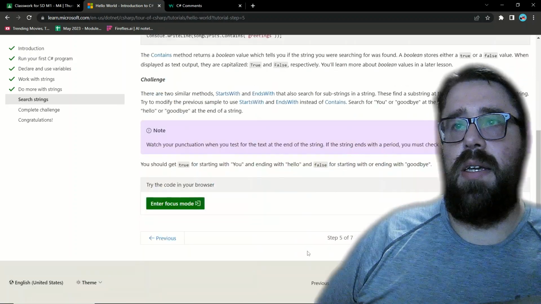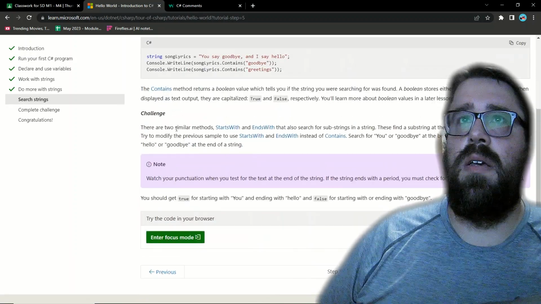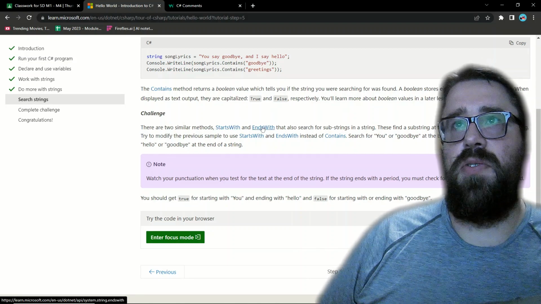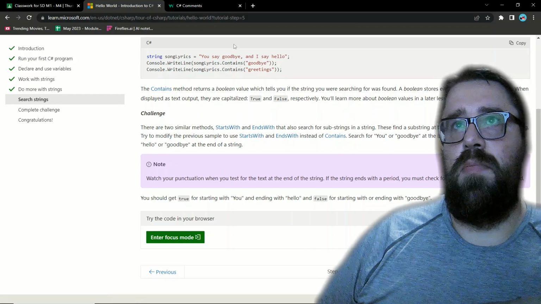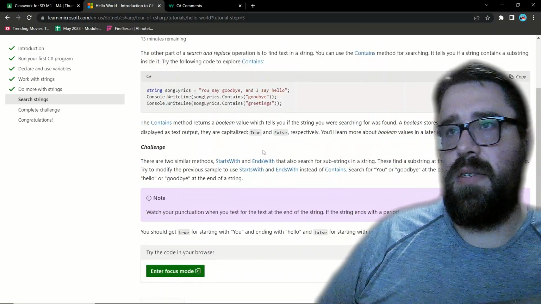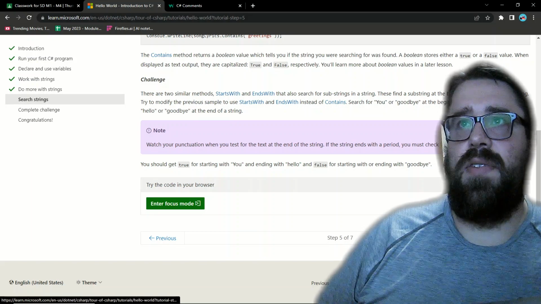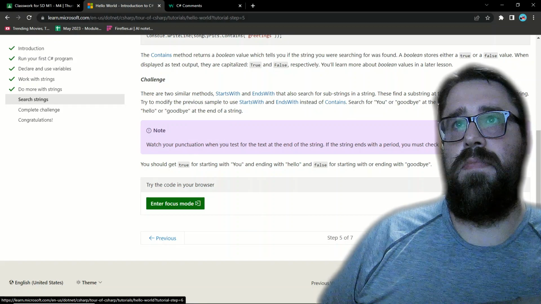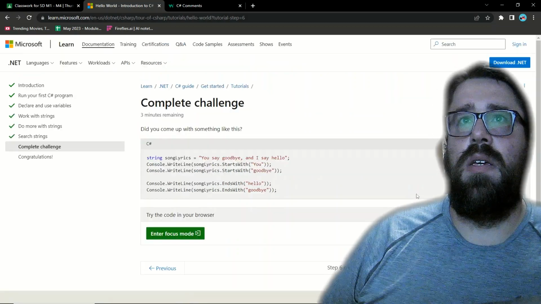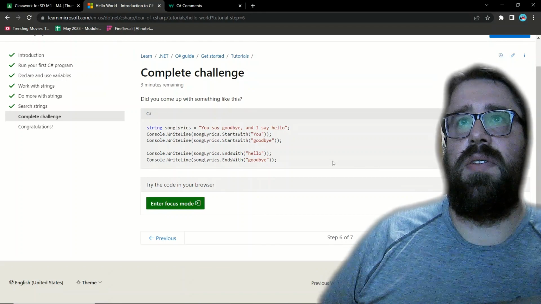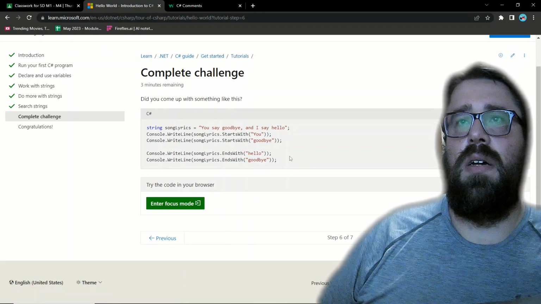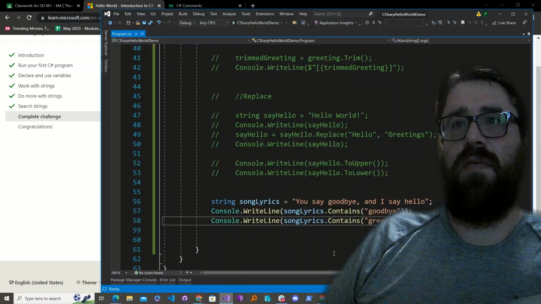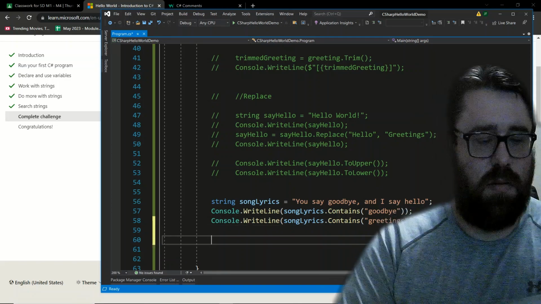So let's go ahead and see. Here are two more methods that you can implement, which are starts with and ends with, which are similar to contains. And you can try those out on your own. You should also get a Boolean response on that. So this is the example code for that, and we'll put that over here, and we'll run that again